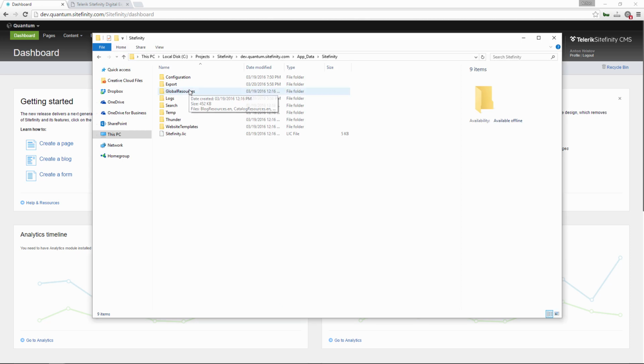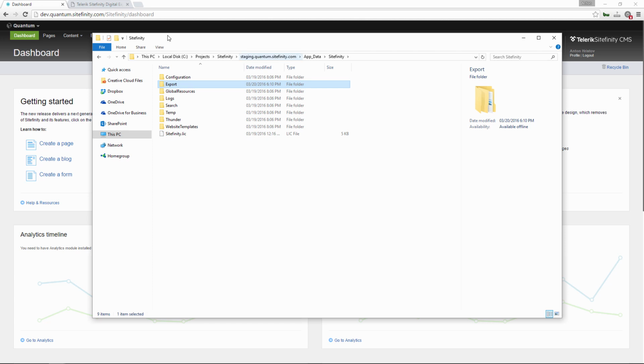And if you would like to transfer now this folder, which contains all the content types on the development environment and their structure and configurations, to your staging environment, you can copy that over and move it to the staging website into the same location here. And if I copy it, currently I'm doing it manually, but all this process can be automated, and you can run automated tests on it depending on your continuous delivery setup. Once the files make their way onto the staging environment, the system would check if there are new files that contain new configurations and new structures, and it will automatically apply them to the staging website.